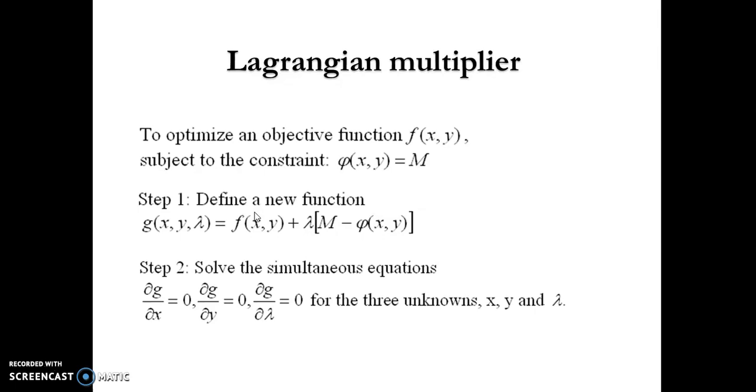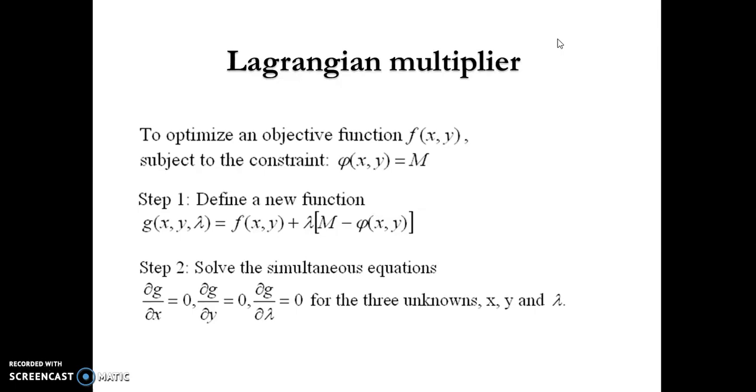Now, what we have is an objective function. That is this function over here. And an objective function defines the objective of the optimization. So, for example, you may want to maximize your output or minimize cost, etc. And we have a constraint that poses some limit on the optimization. For example, with consumption equilibrium, you dealt with a budget constraint, and you will see for production, you will have